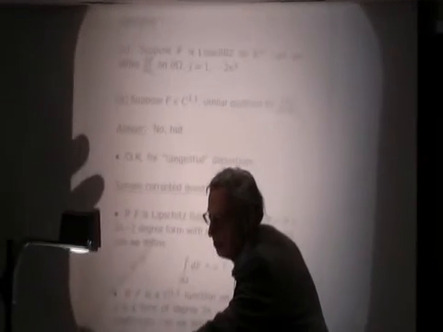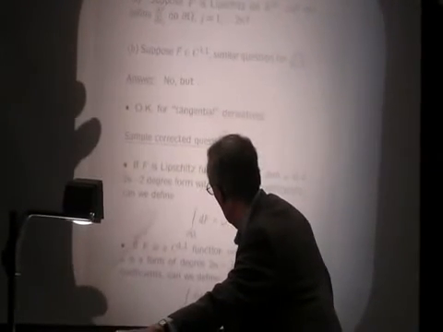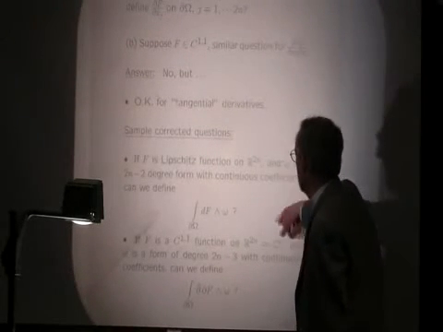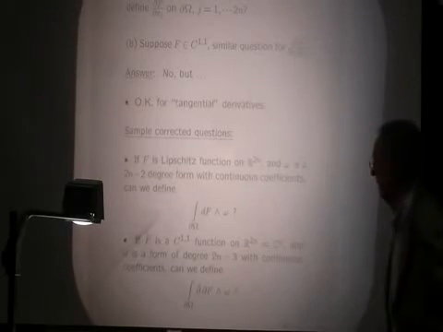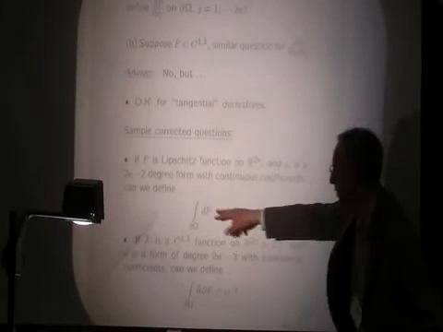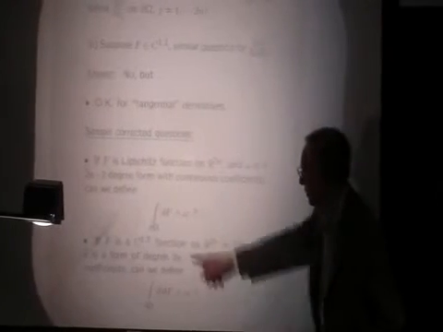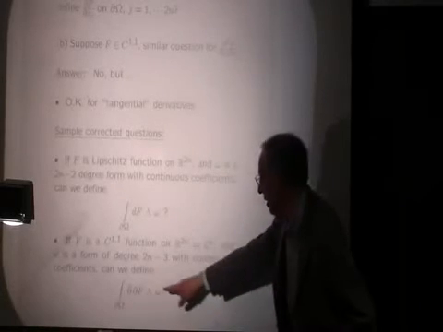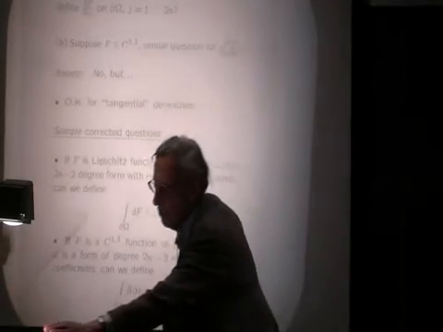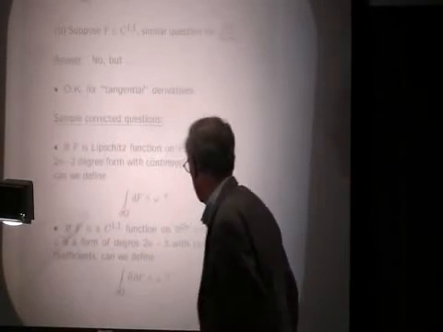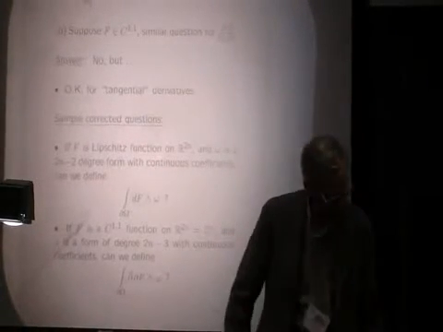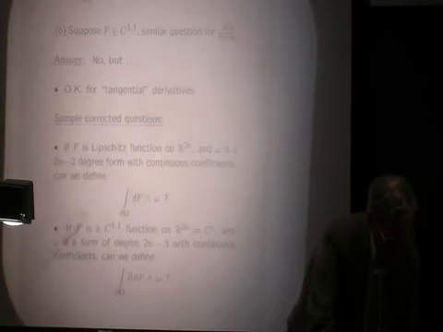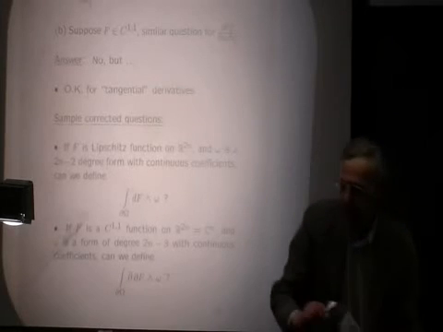So here's another version of the problem. We're going to integrate forms, and so we have here omega, some kind of a test form, which you can think of as being a form of complementary dimension which is continuous. We want to be able to integrate df if f is Lipschitz on the boundary. Or what we really want to integrate is d-bar df if f is of class C^{1,1}. Can we do that? And the answer is yes, and we can do this and also do the right